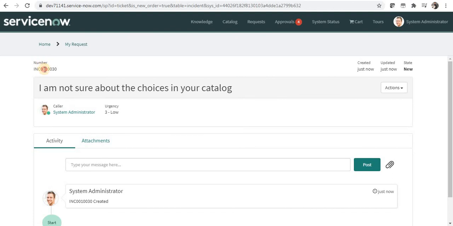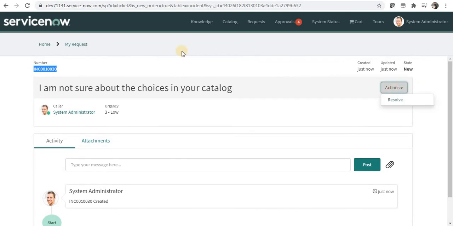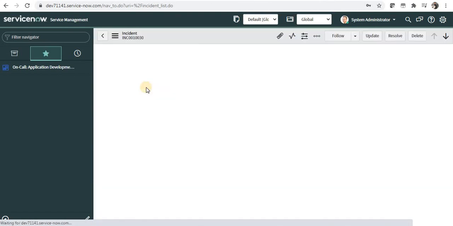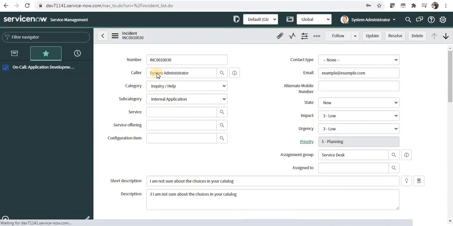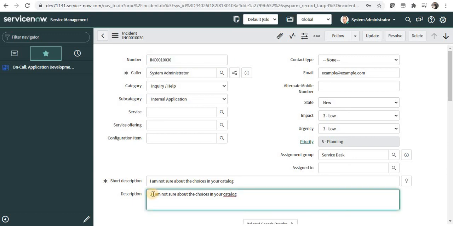It has created an incident and redirected to that form, and this is a service portal view, so we are not able to see all the fields here. I will go to the native form, and I will click on the incident, and you can see the caller has been automatically selected as the current user, which we had defined in the script, and the description is 3 and then the short description. So the script is running properly with what we had defined through producer object, and also in the template we had defined the category and subcategory, which have also been selected automatically. So this is all about the record producers in Service Catalog.